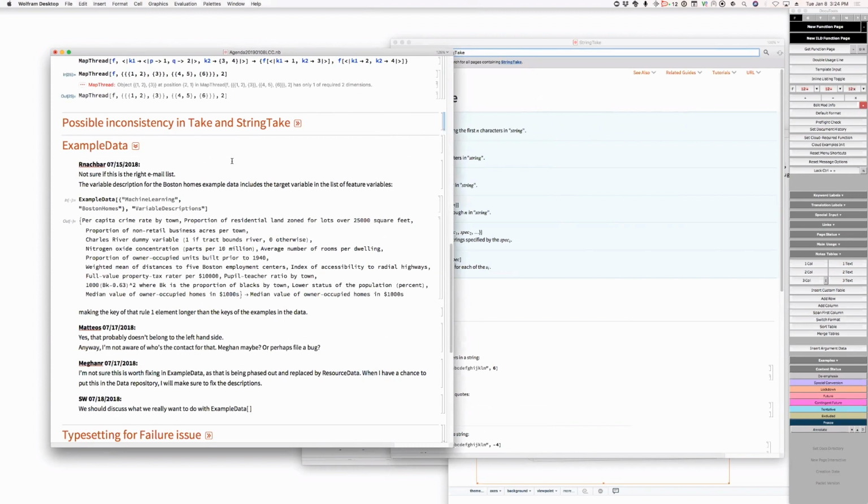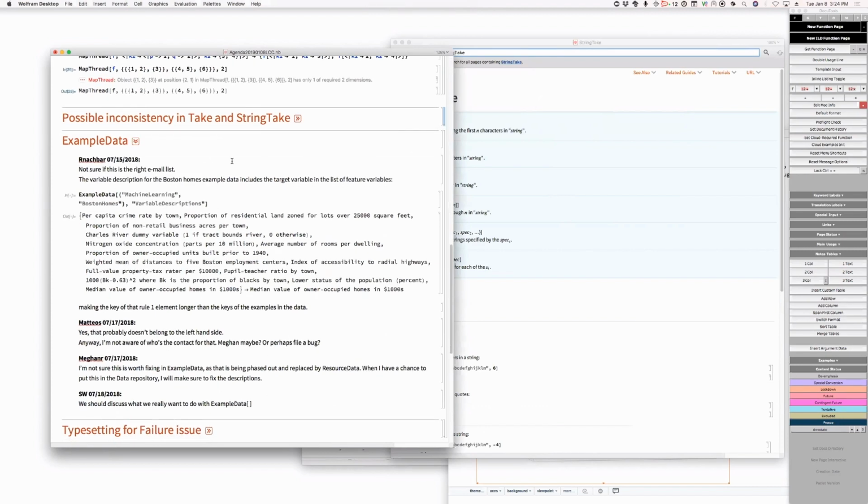Example data. Right, so this is open discussion. You said we should have a discussion about example data, so here's your opportunity to discuss. Well, who's here? Who's relevant to that? I think what's relevant is the various repositories. So then my question to you is, what kind of discussion were you looking to have? I don't remember, but